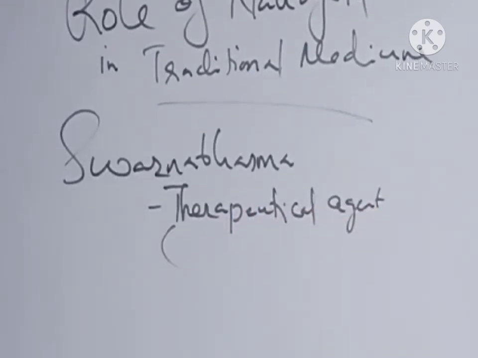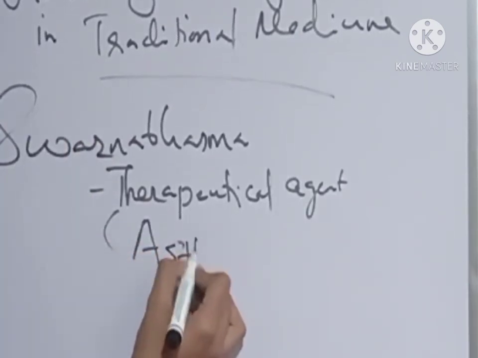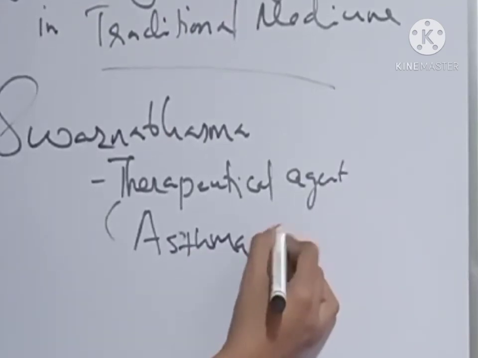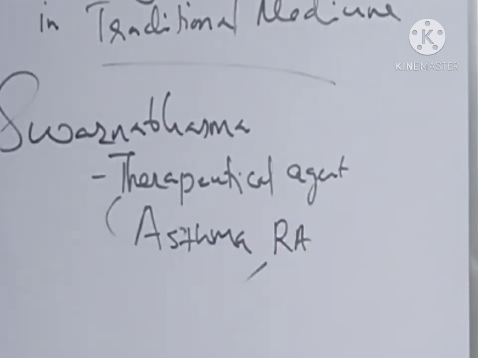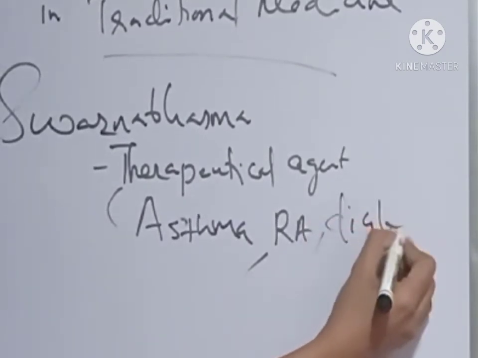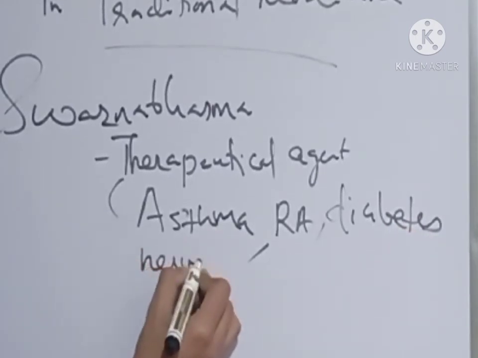Therapy in the sense that this Swarna Bhasma is used for the treatment of asthma, rheumatoid arthritis, diabetes, some nervous diseases,